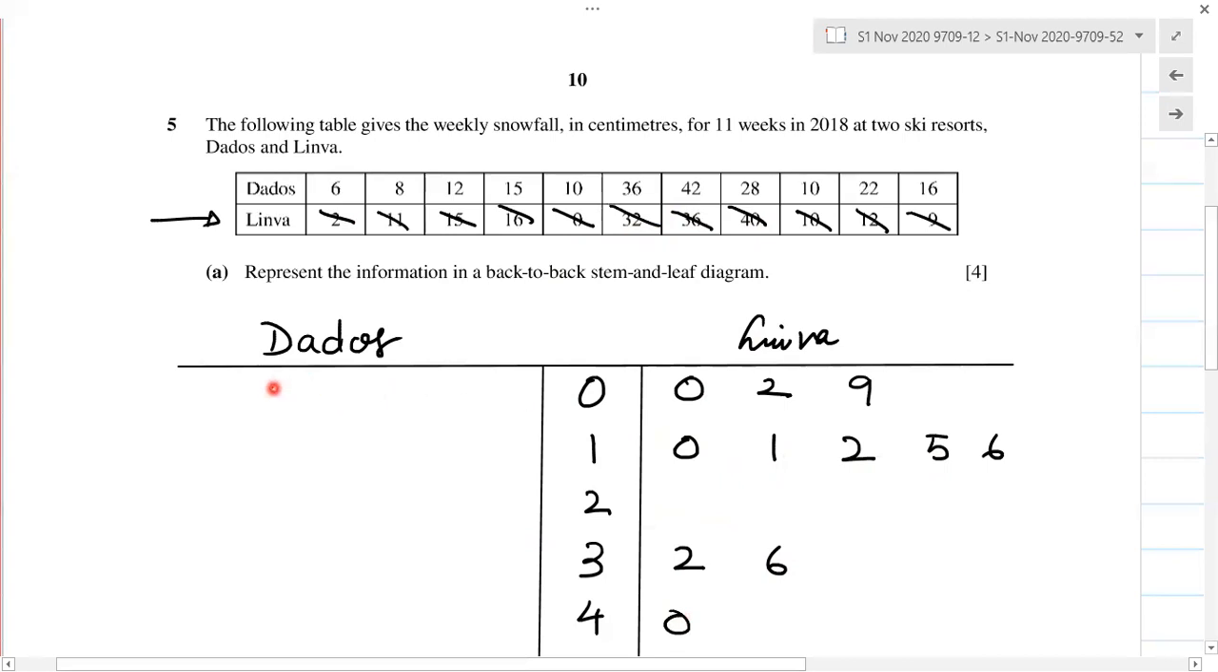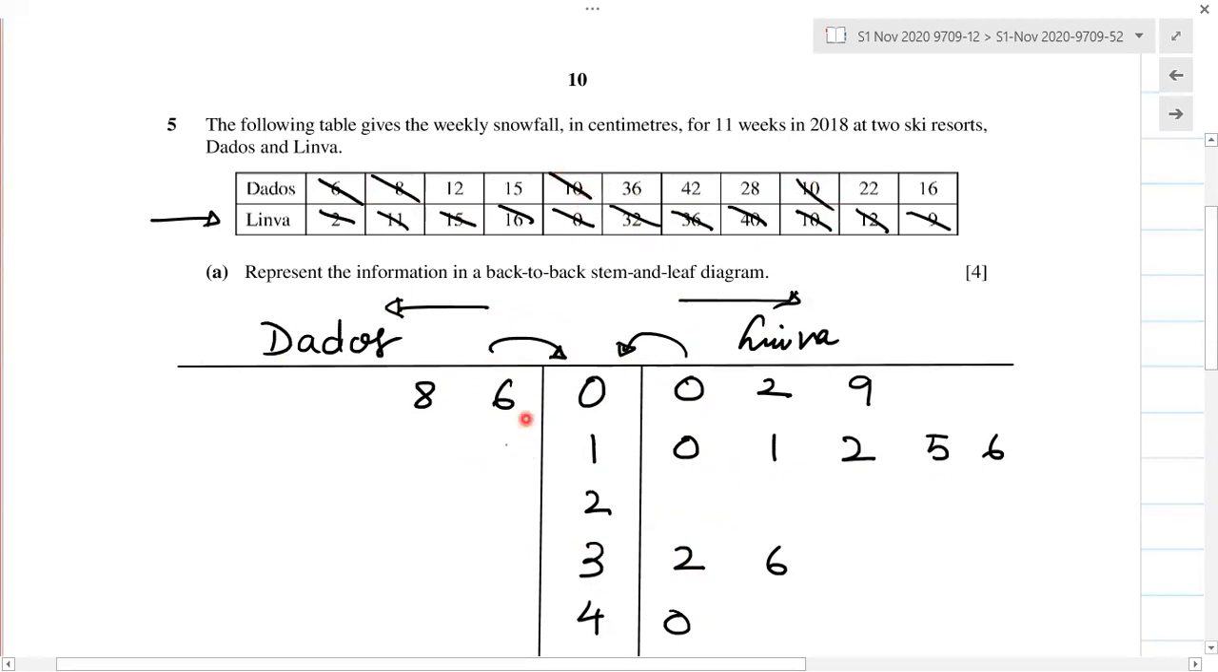Now for Deros, the lowest value we're getting is 6. So that's 6 over here and 8 over here. We're going to go in this direction, and for this we're going to go in this direction. The lowest value always comes closest to the stem. So this is 0, this is 32, so this is going to be 0, 6, 0, 8, and then it goes on. So we have the first 6 and 8, then we have the next value as